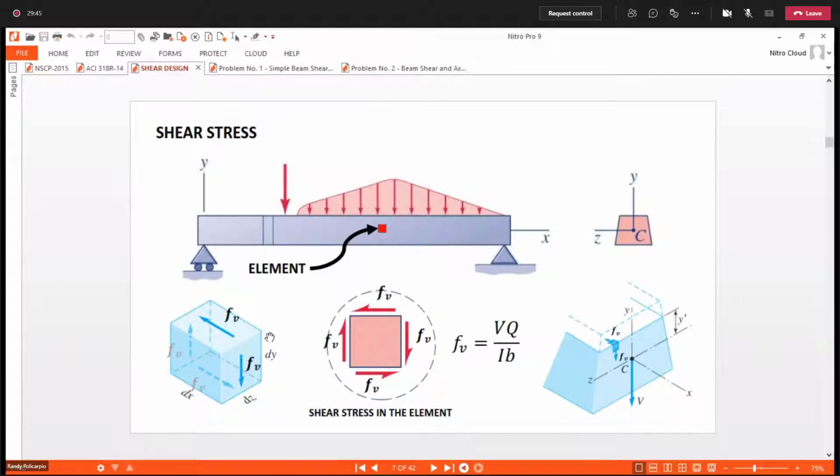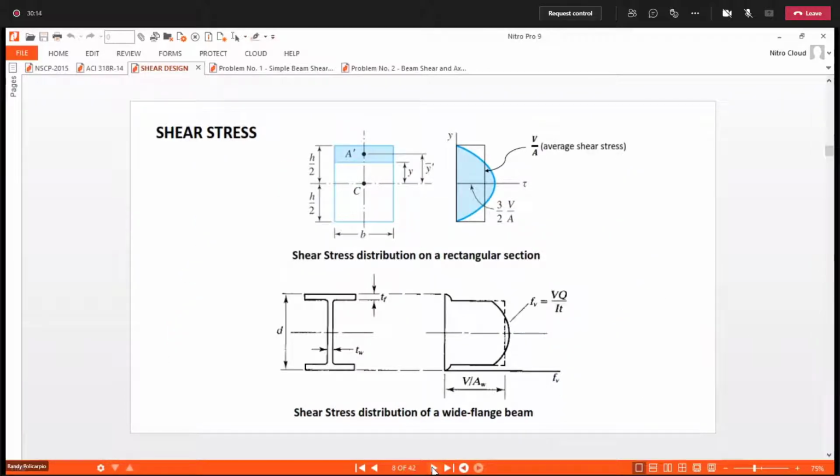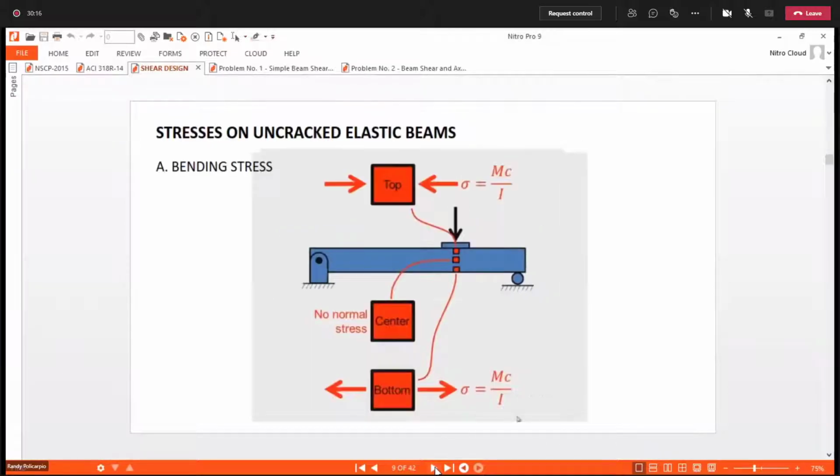Okay, so if we consider a three-dimensional drawing of this element, this is it. So the shear stress is acting along the four sides of our element. I already showed you this. Okay. So let us consider now